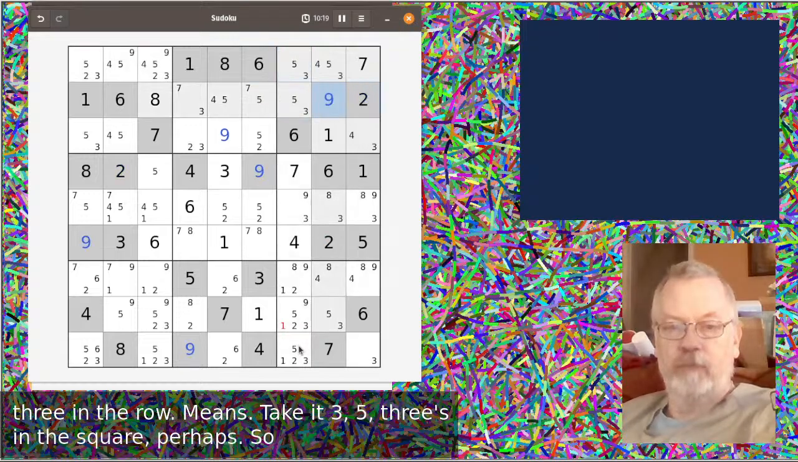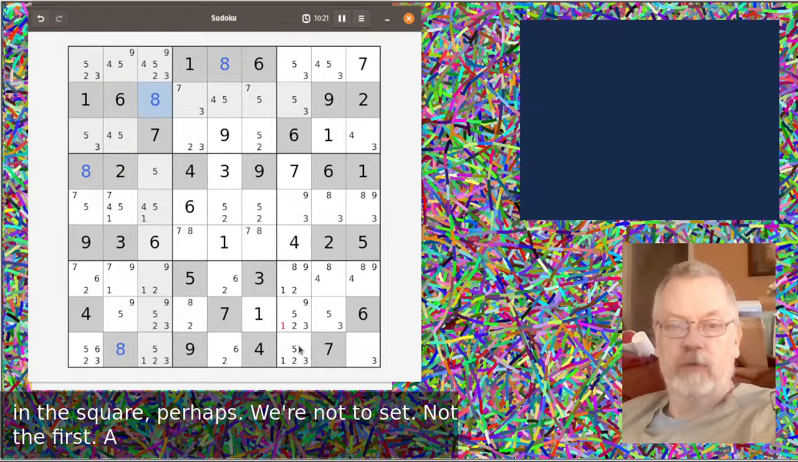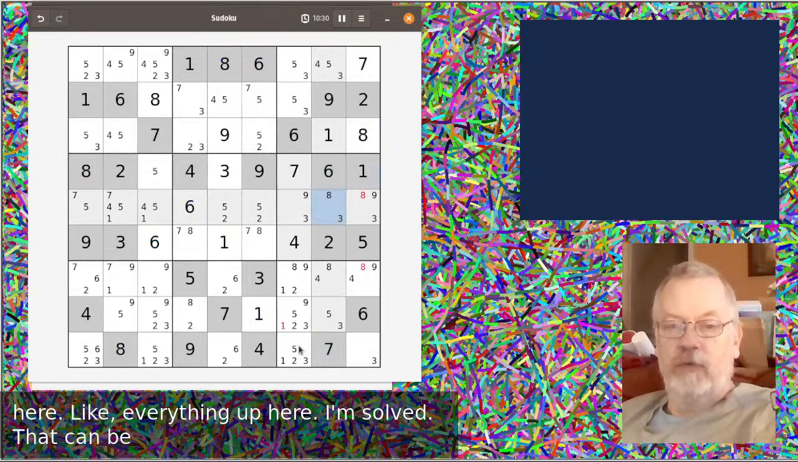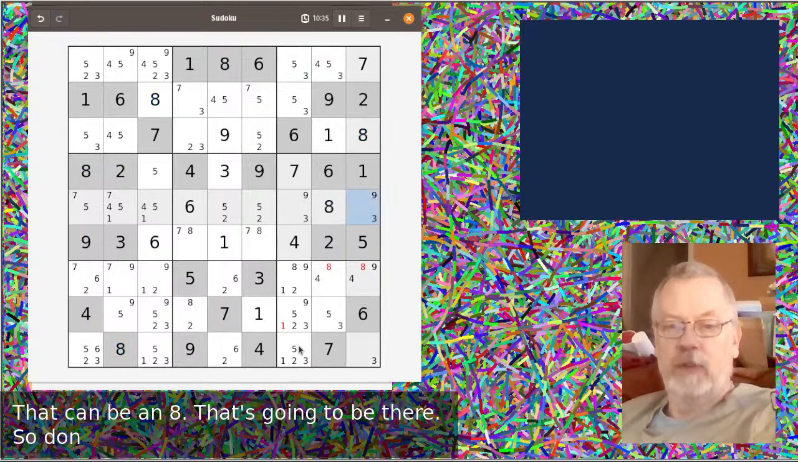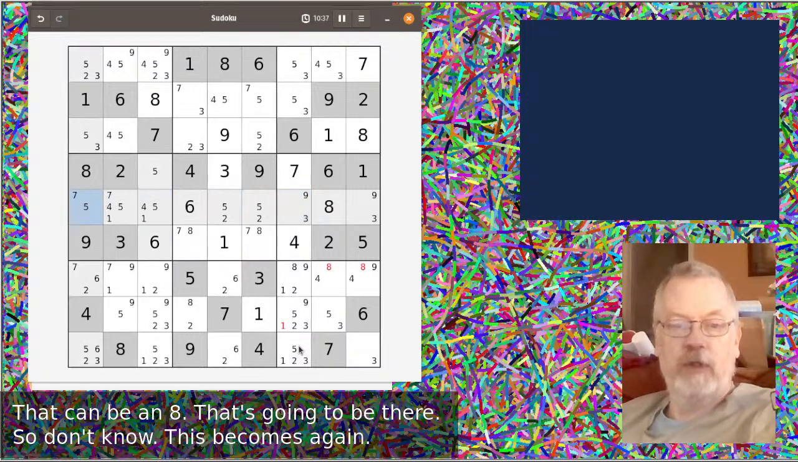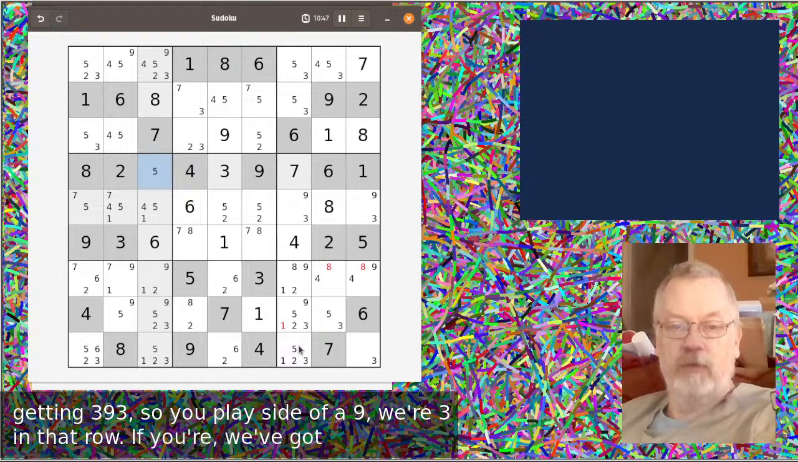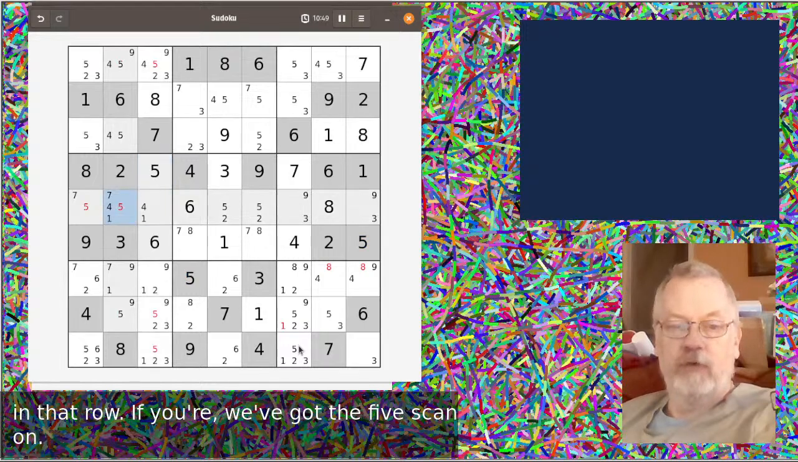Here we go. We've got 8 here and here, blocking everything up here, and we've only got one cell that can be an 8, and that's going to be there. So down here, this becomes an 8. This loses its 8. So we get a 9, 3, 9, 3. So no place else do I have a 9 or 3 in that row. Over here, we've got this 5 standalone, and looking at the row it's in, that's it. So that's a 5. So we've got a 7 here,